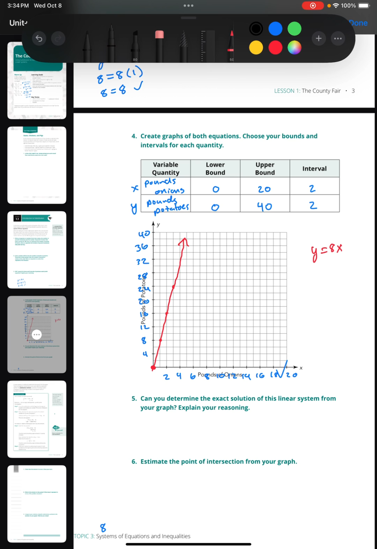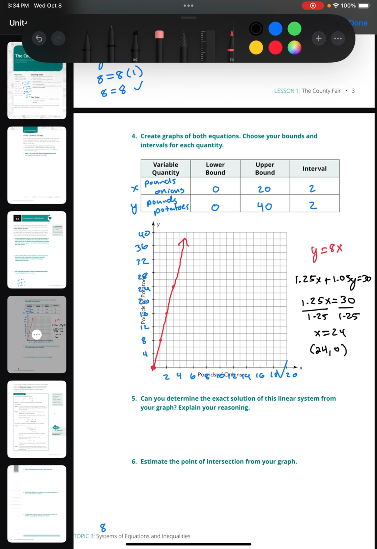And then for the other one, let's see, I'll do that in black. We're going to have to plot that one using our X and Y intercepts would be our easiest method since it is in standard form. So my X-intercept would be where Y is 0, so that leaves me with 1.25x equals 30. And when I divide by 1.25, I'm going to get an X value of 24. So my X-intercept is 24,